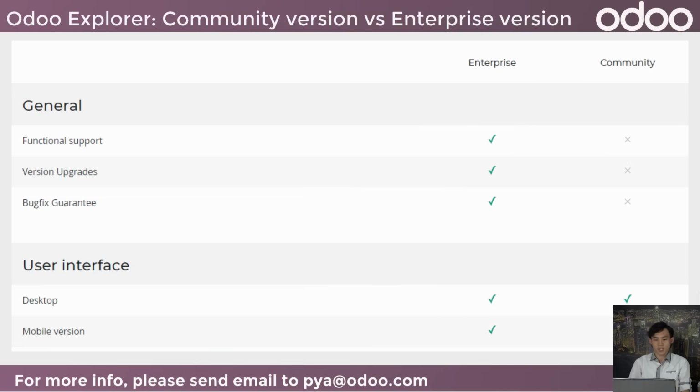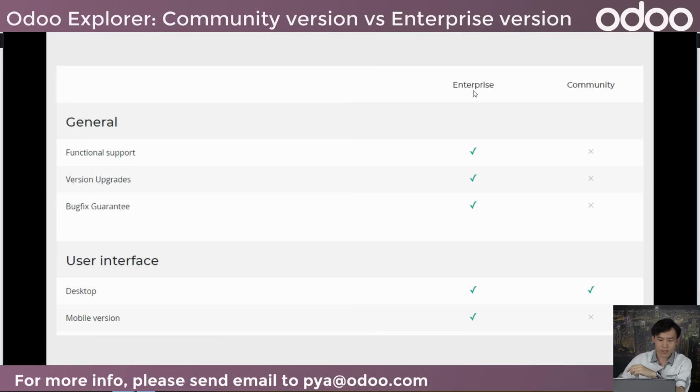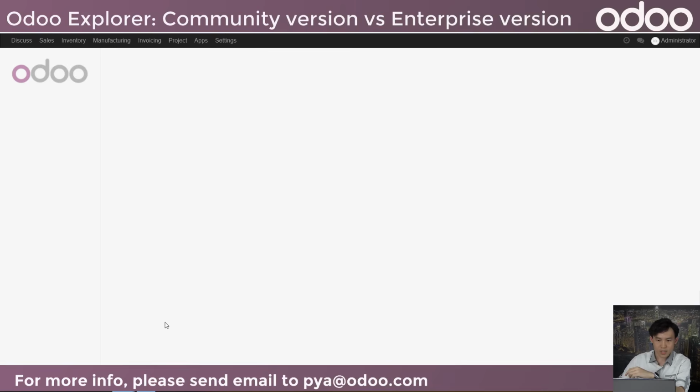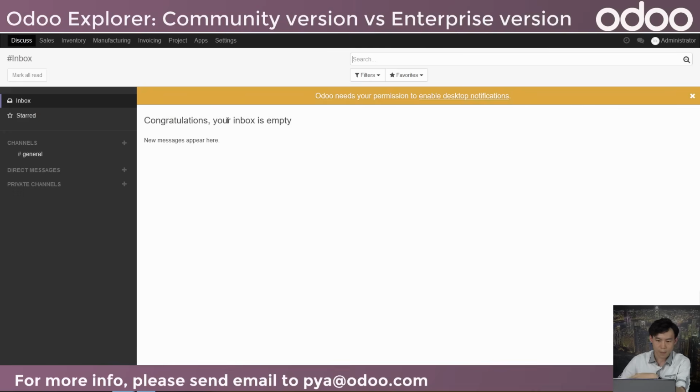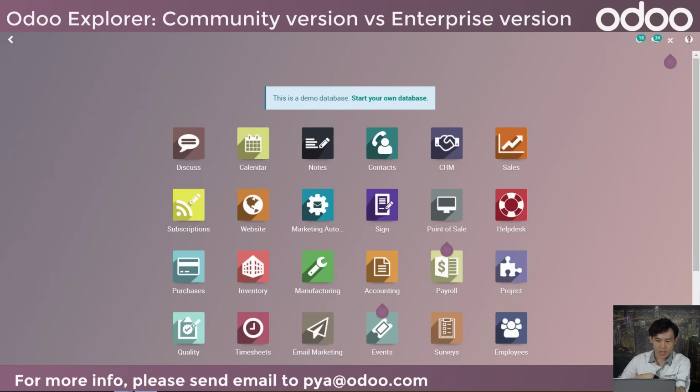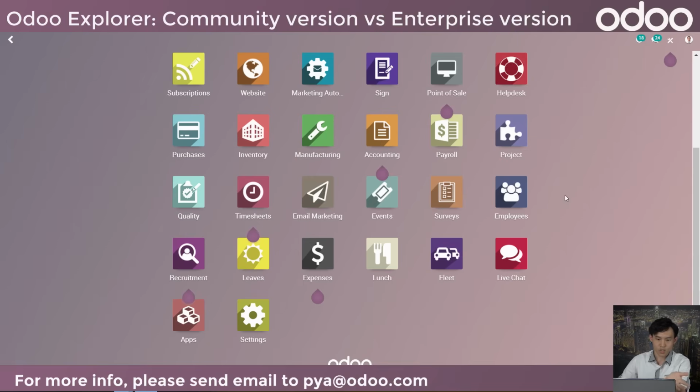So first of all, of course, let's talk about the UI, the user interface. Okay, let's take a look. First, here's the community version. As you can see, it's pretty basic. You can see all the apps that you installed in the top menu, like sales app, or inventory app, or discuss app. And in the enterprise version, you see it's a much more elegant and beautiful design of the whole UI. You get an icon for each of the apps, and it is, as you can see, very easily accessible for even